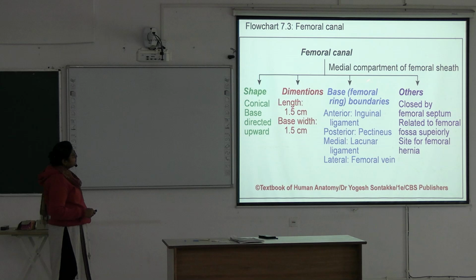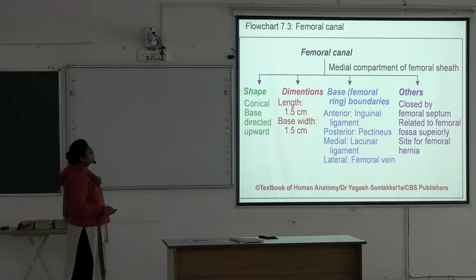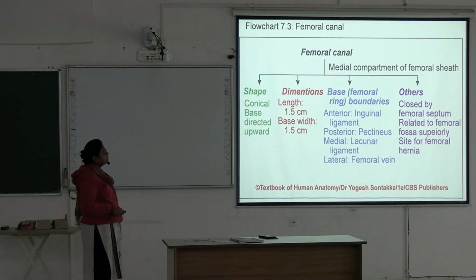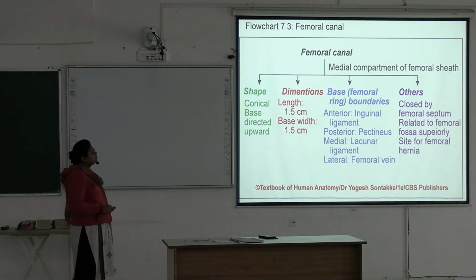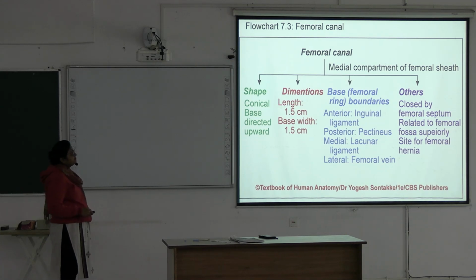What are the boundaries of the femoral ring? Anterior boundary by inguinal ligament, posterior boundary by pectineus muscle, medial boundary by lacunar ligament, and lateral boundary by the femoral vein. Otherwise, it is closed by the femoral septum and related to the femoral fossa superiorly, which is a site of femoral hernia. Okay. Next,